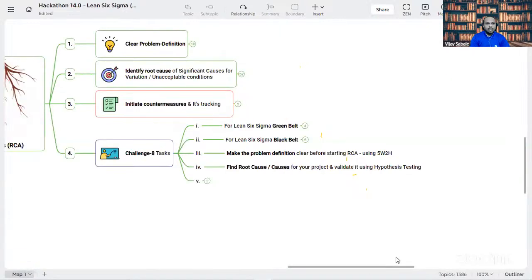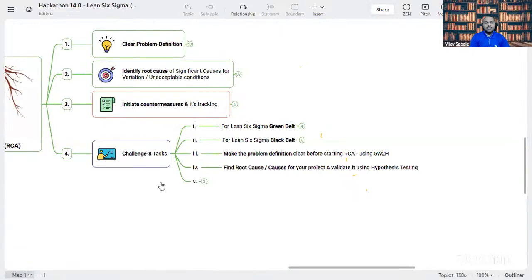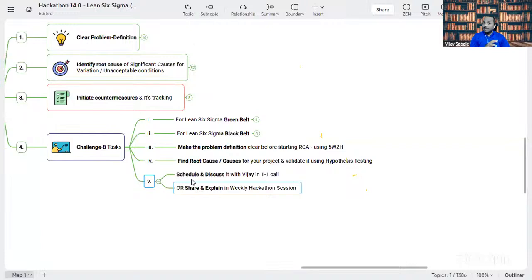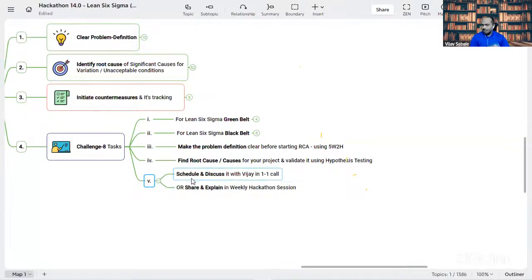And one thing that I always request of everyone, please schedule a one-to-one call with me. It might be for 10 minutes or 15 minutes, but please schedule a call at least once in a week with me and discuss what is your progress. Do you need any help in your understanding of the concepts, learning the things, or practical execution, application of the tools, or anything that is holding you back? Okay, so that we can discuss in this one-to-one call, and I will help you to get the answers or solutions to it, right?